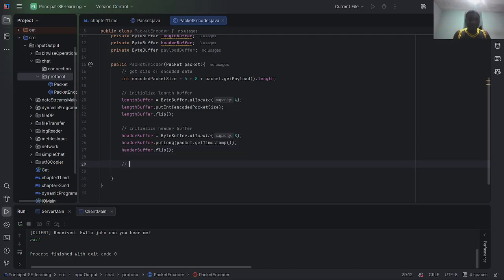And for the last one, we're going to initialize the payload buffer. Again, payloadBuffer is equal to, and this time we want to get the size of that particular payload. In order to do that, we're going to get the payload packet size and get the bytes of that particular payload. Let's see, encoded buffer. Oh yeah, okay, that's true. So this will be